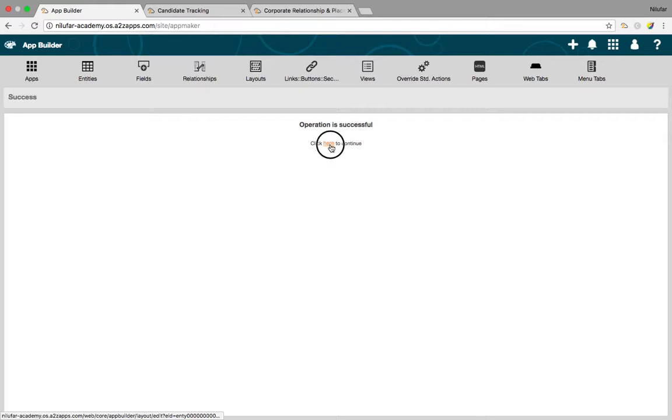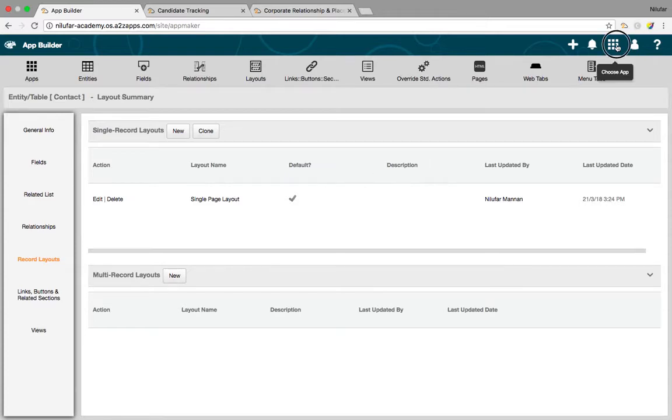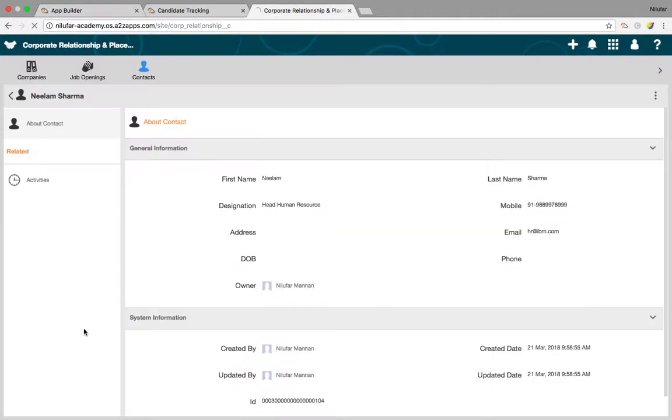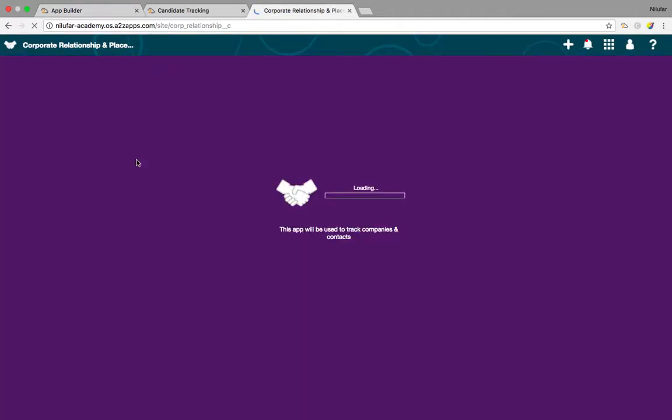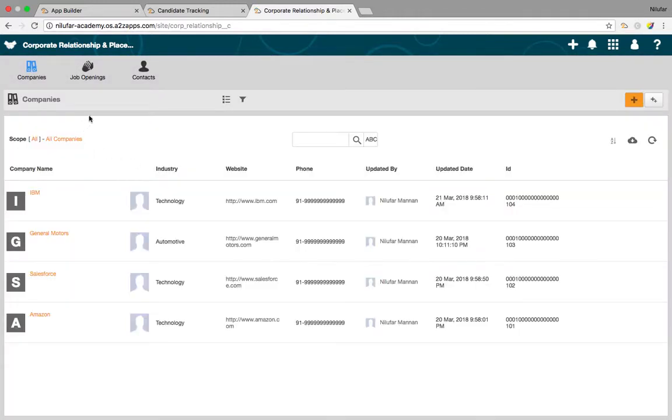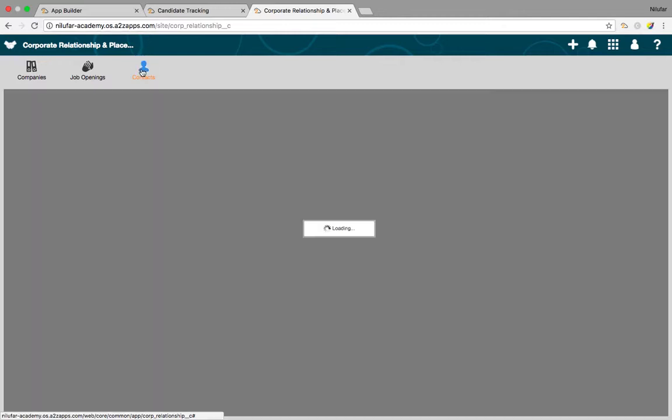Now let's go and see whether this field has come up in my layout or not. Let's go to the corporate relationship and placement app, and I'll go to contacts.